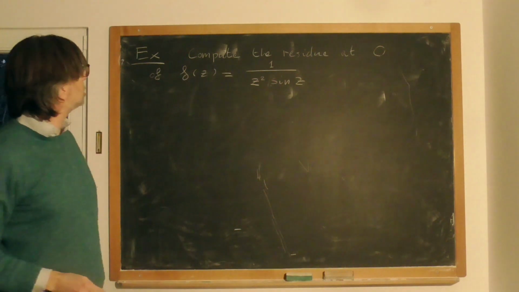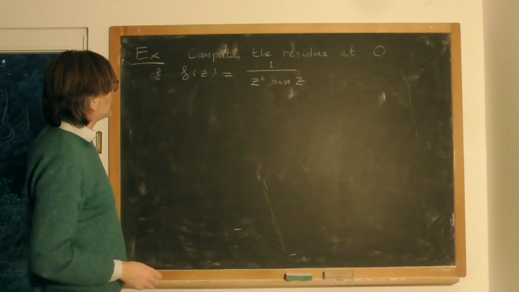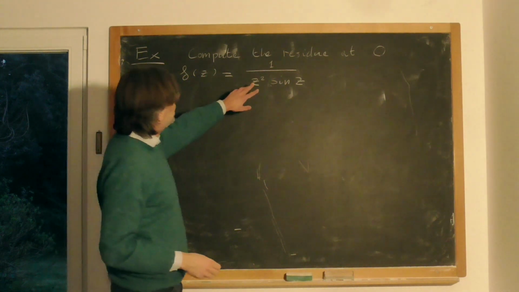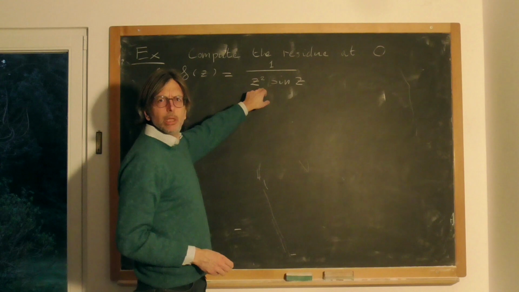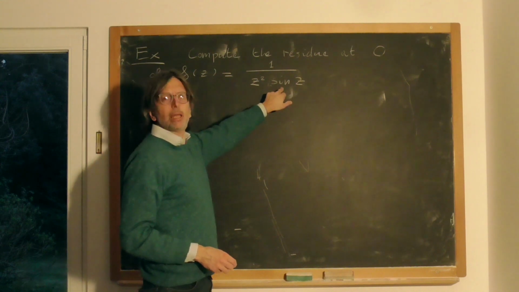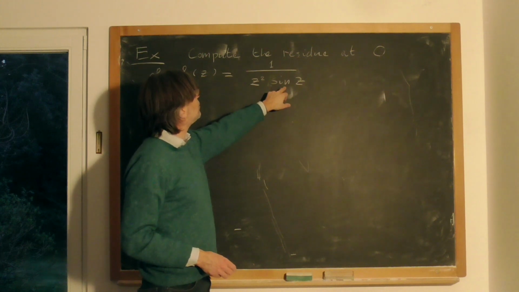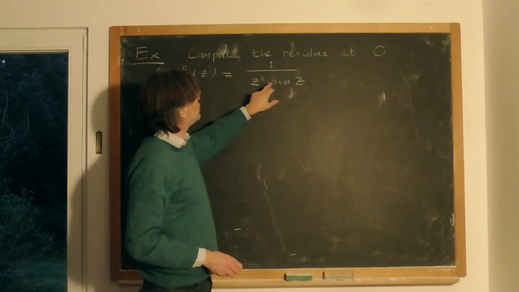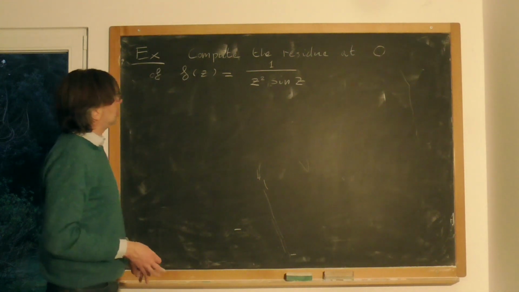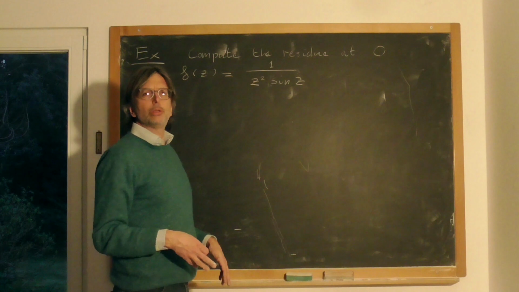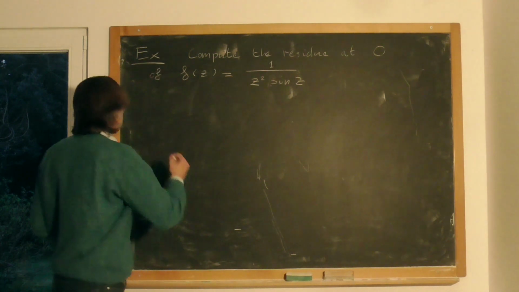Okay, we want to compute the residue at 0 of this function. So here 0 will be a pole of order 3. Now here we have z squared, and sine z has a simple 0 at 0, so we get another multiplicity 1 from here. So in total it will be a multiplicity 3. And so we need to compute the relevant part of the Laurent series expansion, and for this we can use